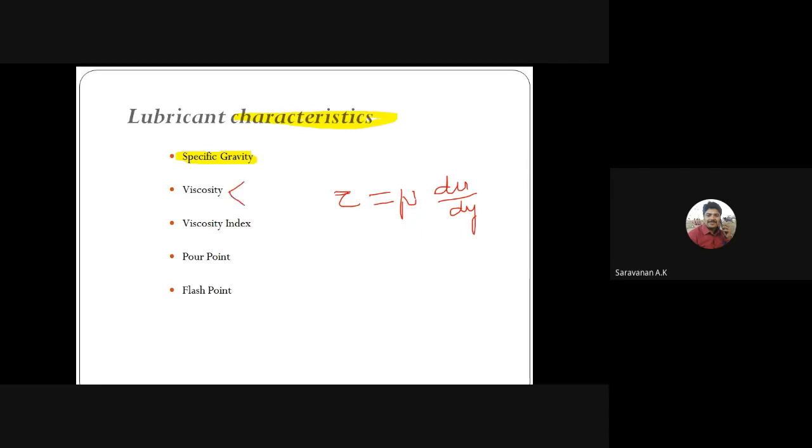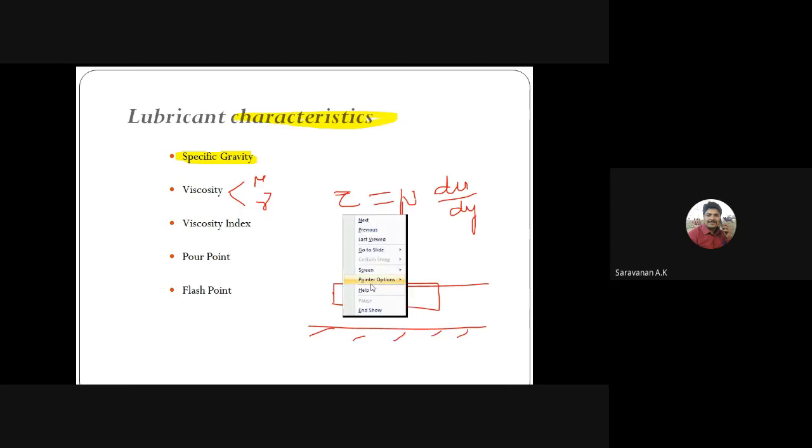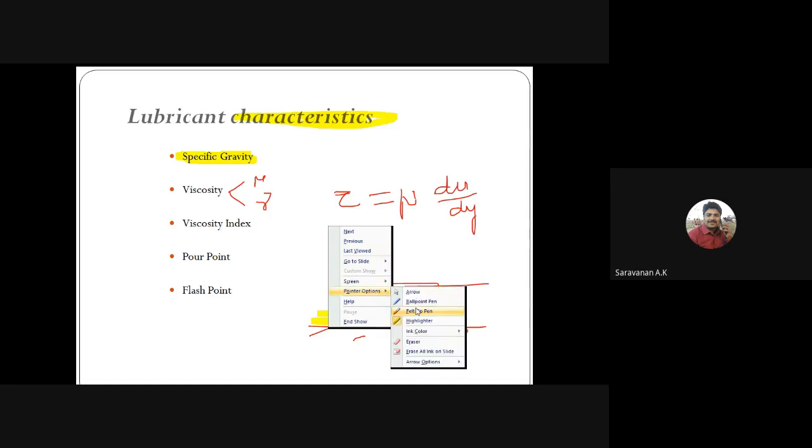So the viscosity has two types: one is the dynamic viscosity and the second one is the kinematic viscosity. For example, if we have two mating surfaces, one is the movable surface and the other is the fixed surface. Here we have some lubricating oil between the two surfaces. If the parts have some relative motion,